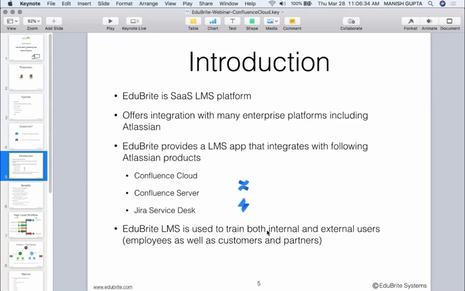EduBrite platform is, as I said, an independent cloud-based platform. So using EduBrite platform, you can build use cases for both internal training as well as external training. You can train your employees, you can train your customers, you can train your partners, and we have solved multiple use cases. So you can completely use the platform independently, but in today's context, what we are going to talk about is